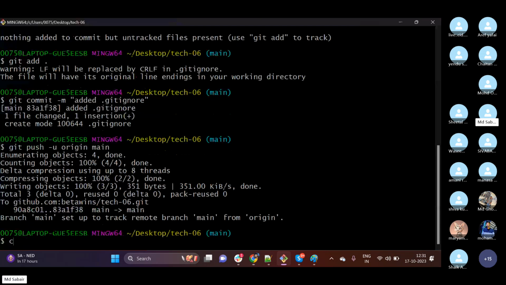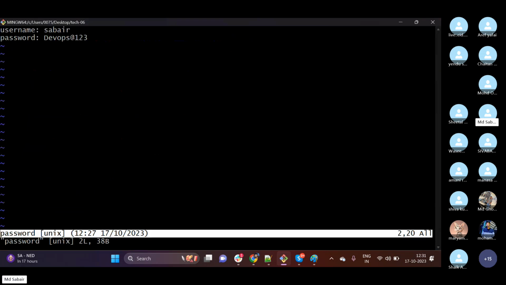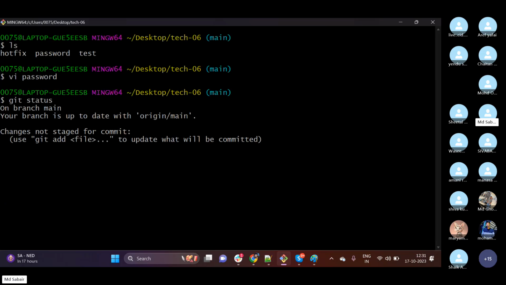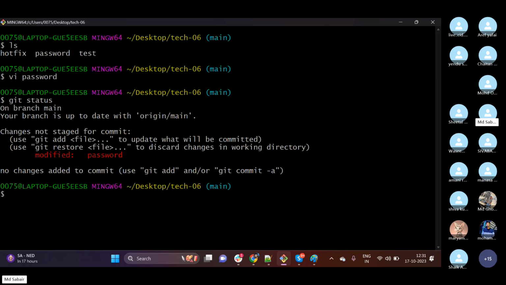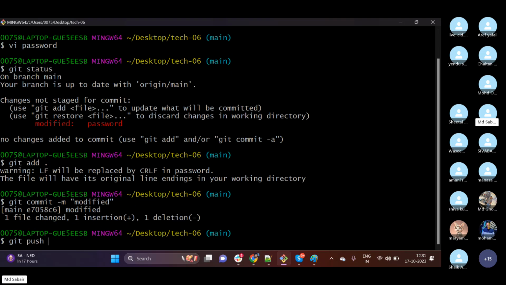So what will happen is, let me show you this. Let me modify my credentials here. So there is some change in the file called password. Now if I do git status, it is still tracking. Git add and then git commit -m modified. Now if I try to push the changes again,